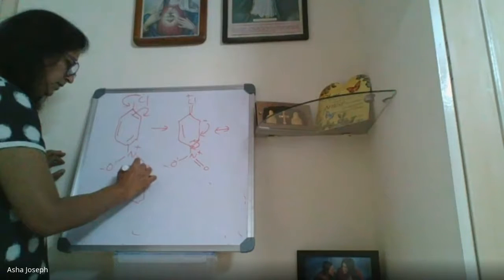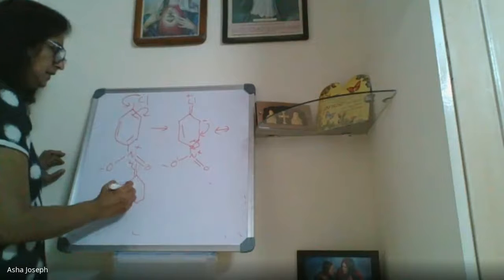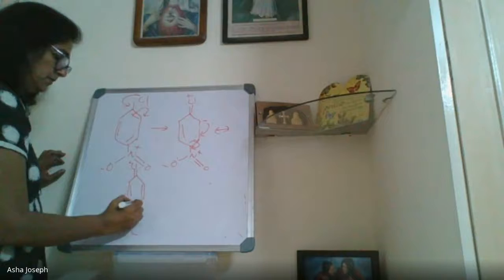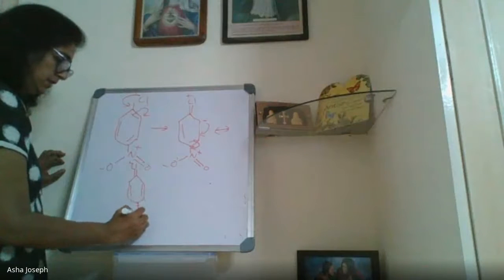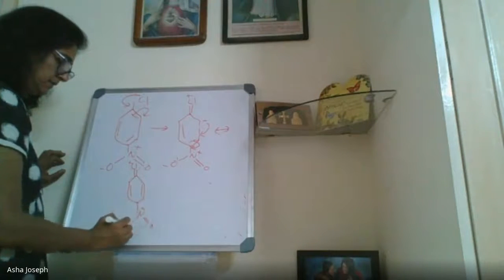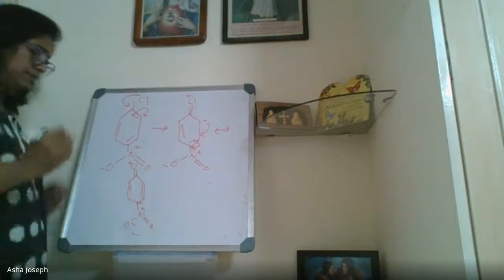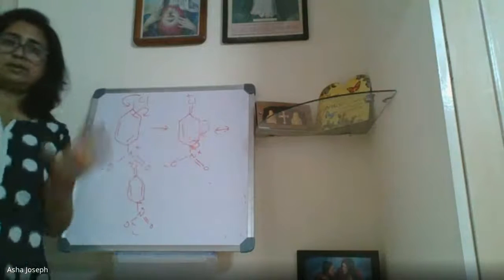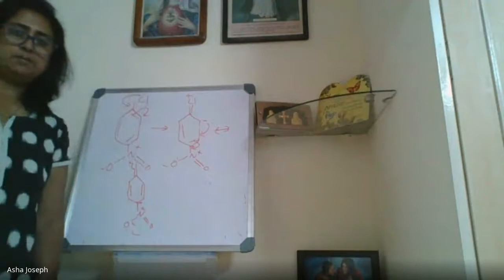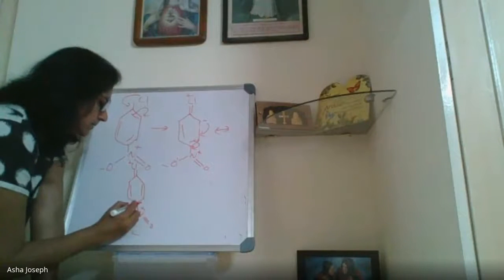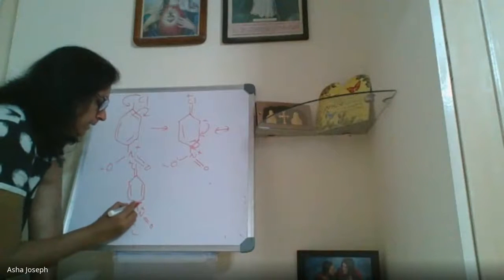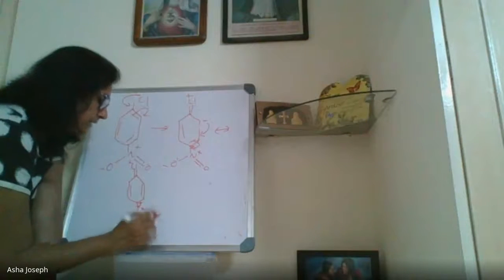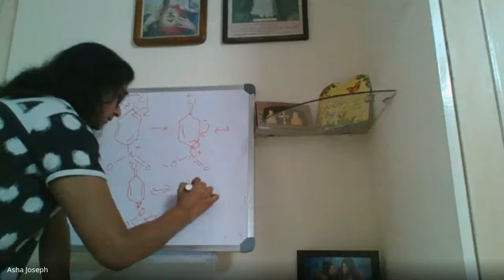This is a double bond. And here nothing happened. And here it is happening, double bond. And here one NO2 is there. And here one negative charge is there. In para position, negative charge is coming. In ortho also negative charge is coming. Meta it will not come, isn't it? So negative charge comes means this nitrogen will pull electrons. That means here one bond will happen. This will change. So this additional resonance structure will come.